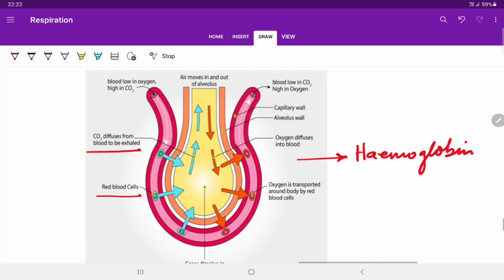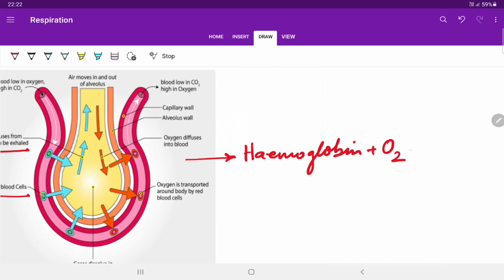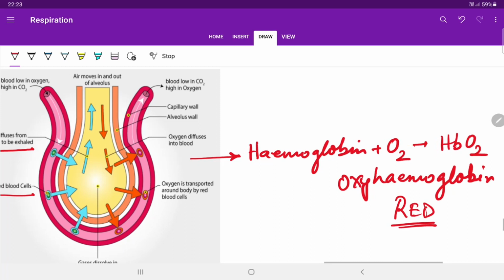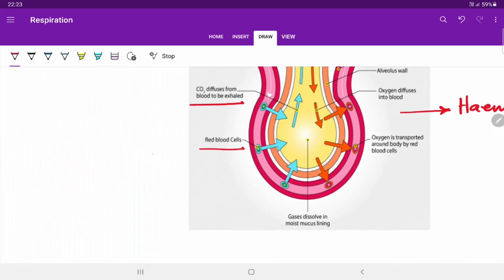Hemoglobin binds with the oxygen and forms oxygenated hemoglobin, HbO2, and this particular oxygenated hemoglobin is now called oxyhemoglobin. Oxyhemoglobin is always bright red in color, whereas the red blood cell also has some affinity for carbon dioxide, and whenever the red blood cells bind with carbon dioxide, again the same process happens, that is hemoglobin binds with carbon dioxide and forms